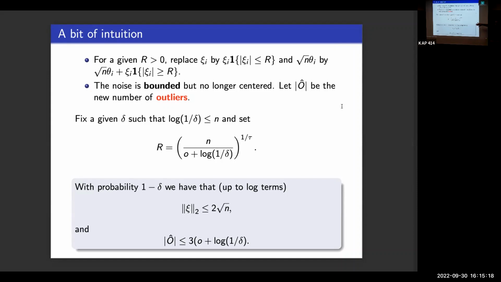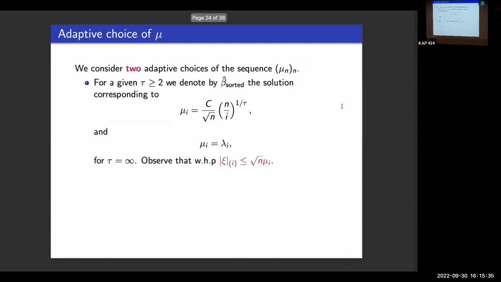So this is how you deal with heavy-tailed variables: you assume that it's almost as if everything is bounded, and I'm only paying 2 or 3 times the number of outliers. This is a nice trick to deal with heavy-tailed noise. Again, this is the level of truncation because they're not sub-Gaussian variables. Now we know that the noise has some decay like tau, and these are exactly the quantiles corresponding to this tail deviation. So you choose mu i corresponding exactly to this.